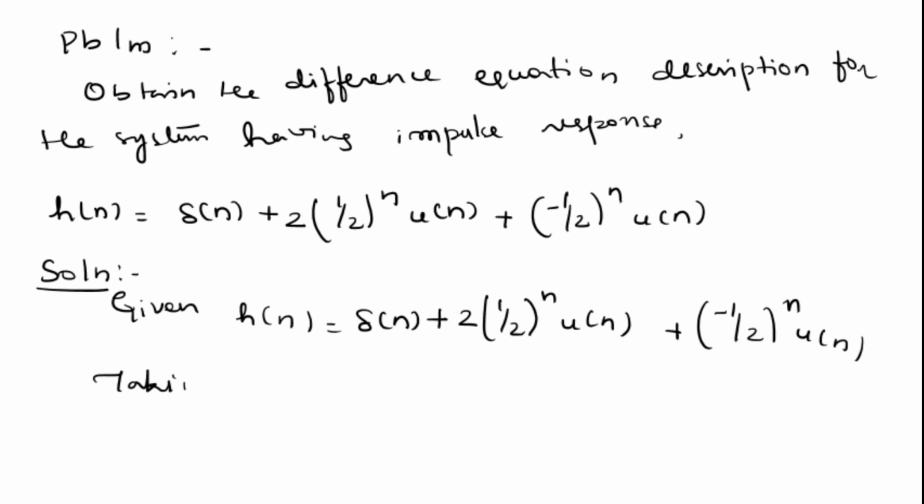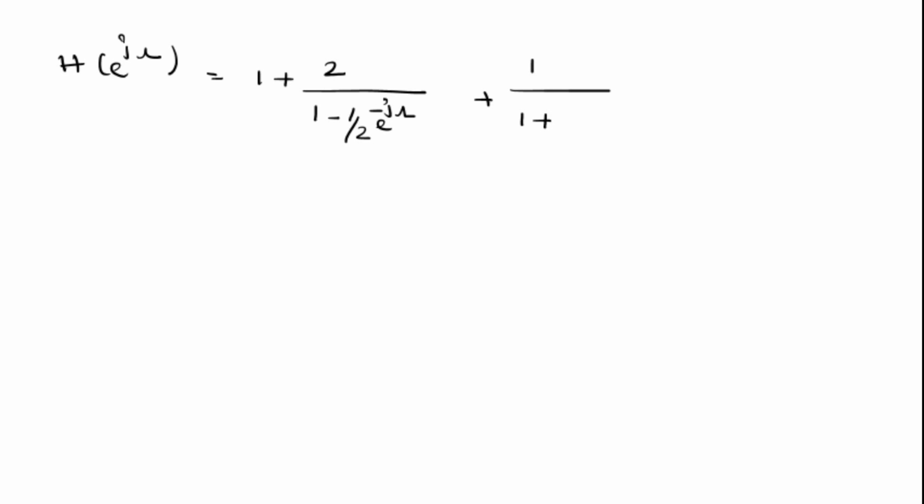By taking DTFT on both sides of the above equation, we get H(e^jΩ) = 1 + 2/(1 − ½e^(−jΩ)) + 1/(1 + ½e^(−jΩ)),